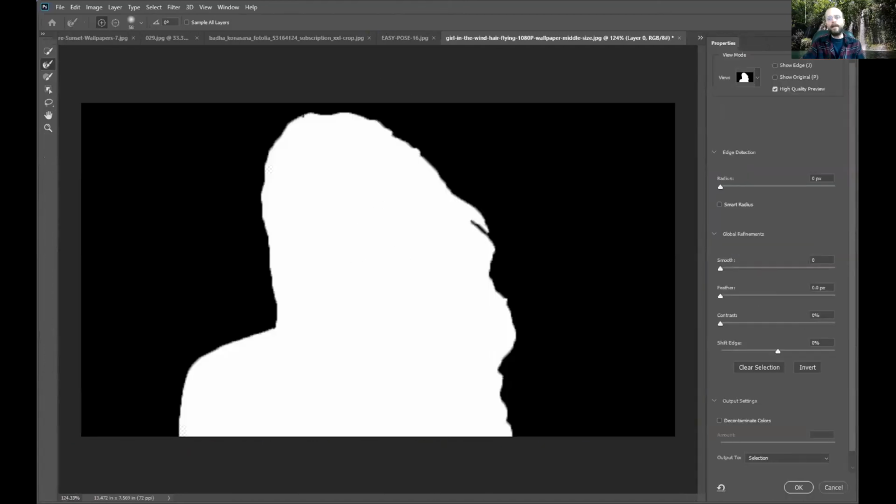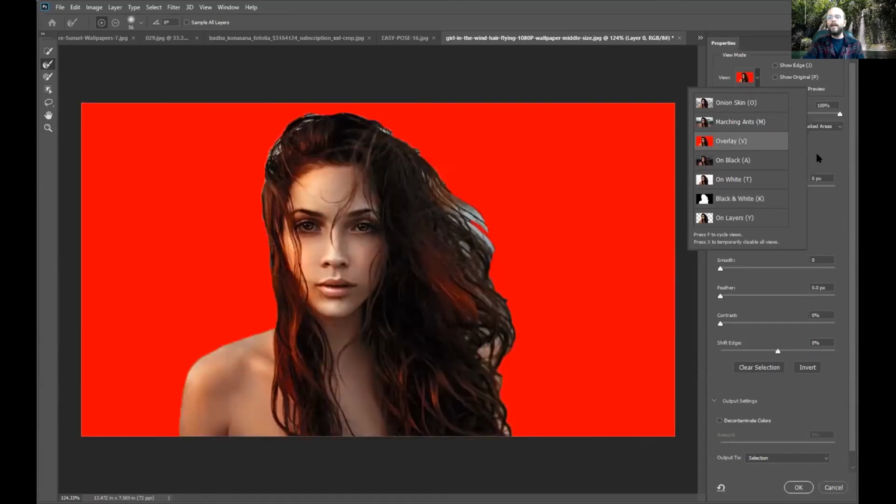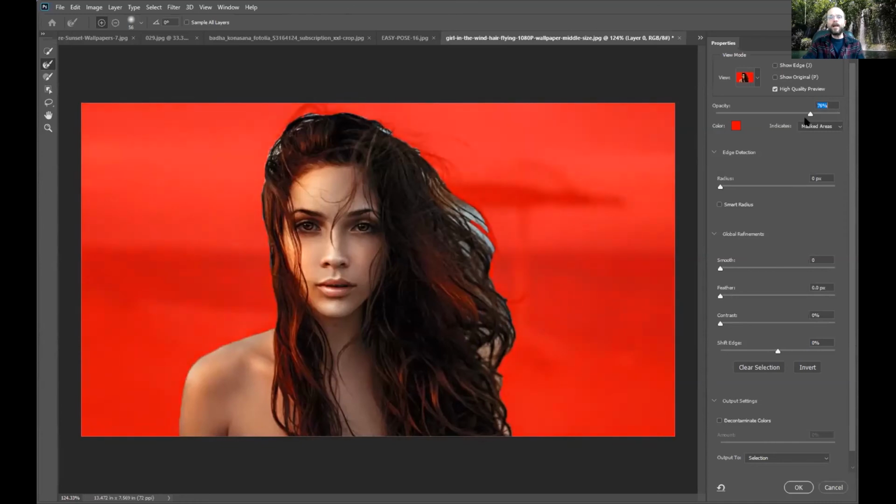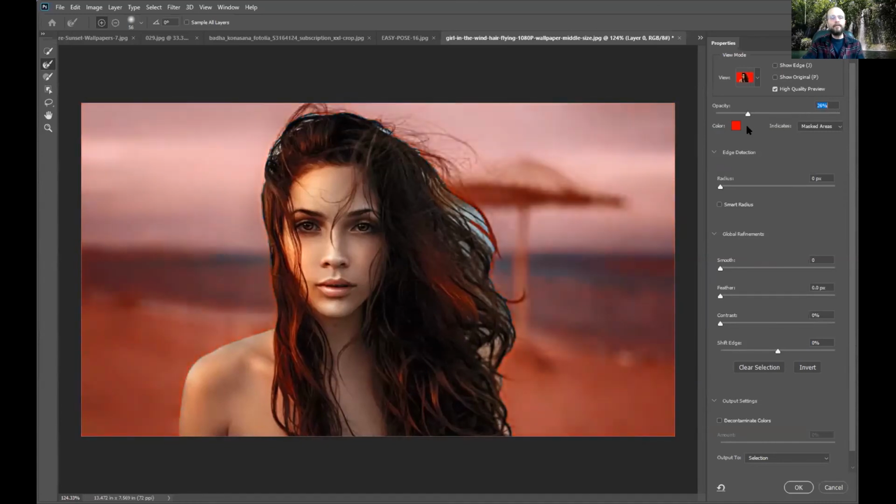So if I click on that and then start over here, I usually start with something like a color overlay to view it on. And then I usually pull my opacity slider down to see what I'm missing. And then I usually start with the refine edge tool and just come in here and start to paint it and see if it gets most of the outside edge. Try to stay away from those middle areas